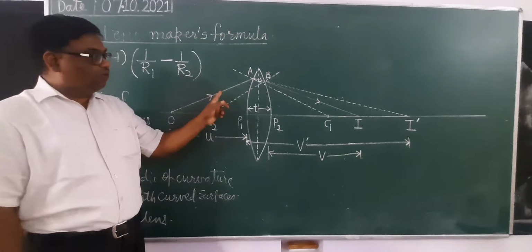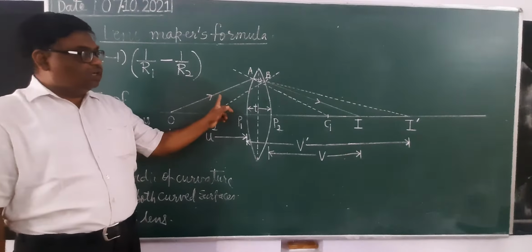Now since it is going from rarer to denser, what will happen? It will bend towards the normal. It is bending towards the normal. This dotted line is the normal and this is the refracted ray. If the right refracting surface is not present, then what will happen? It will go straight and meet at this point on the principal axis. I dash will be the image of O formed by the refraction